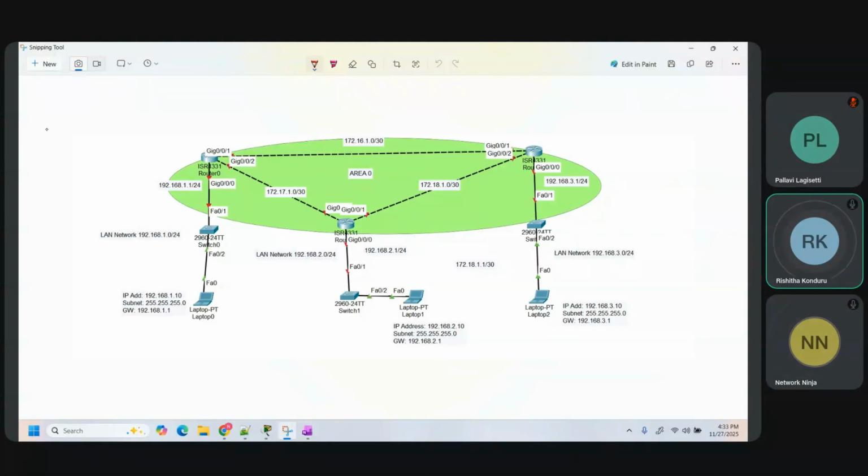So we discussed the OSPF functionalities, right? Open Shortest Path First. We know this is a link state routing protocol. Which algorithm does it use? It uses the SPF algorithm, Shortest Path First, and the multicast address of this is